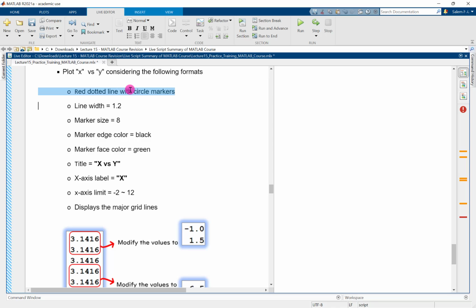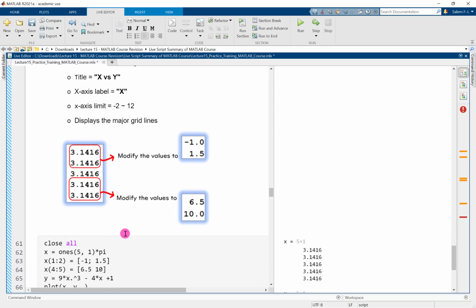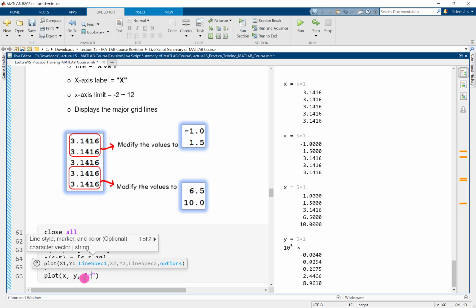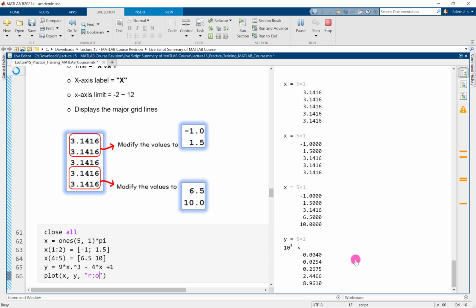The first one, red dotted line with a circle marker. Red means R, the first letter of that color. Dotted line means colon. And circle marker means O. So we have to write here in the plot: red, colon for dotted, and the marker is circle, O. If I just run,